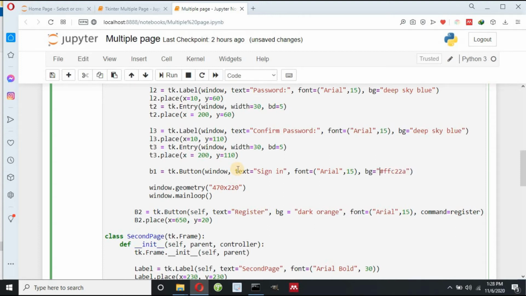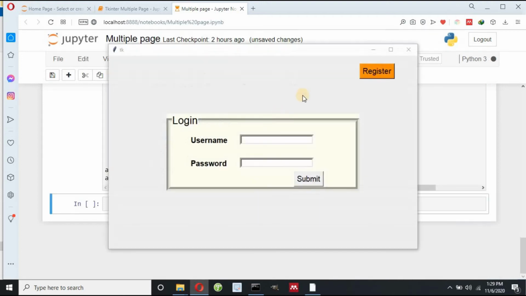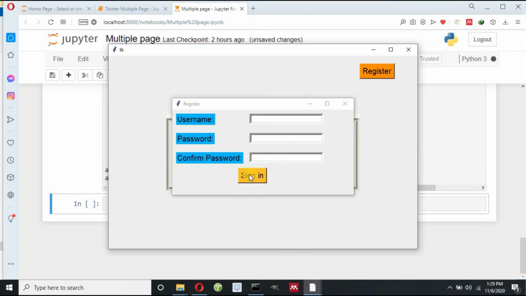You can write the color name directly, but this is similar to yellow color. Now I have to write the position where this b1 should be placed, so b1.place x equals, suppose, 170, y equals 150, shift enter, register. Okay, this is my sign in button.